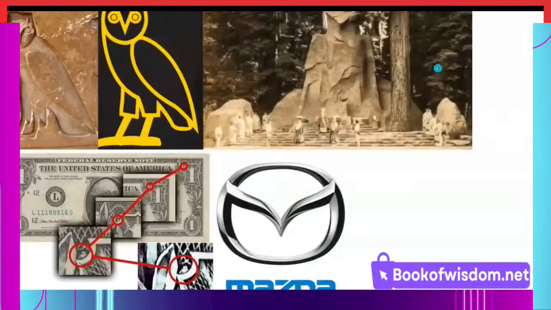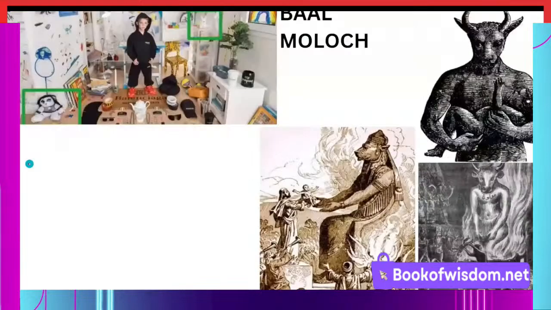Baal, the goat. Moloch, here's Moloch, the owl, the Egyptian owl, because it comes from the owl of Moloch, which is Baal, which is Satan, all the same demonic energy. And it's on the dollar bill, on the $1 bill. All the same thing. Bohemian Grove, they worship the big owl, Moloch. It's all one big demonic energy which has been summoning in the astral plane. And it's trying to take over Earth, the physical plane. That's what it's doing. So I hope you all gained a deeper understanding of the astral plane and what's actually going on in the world.